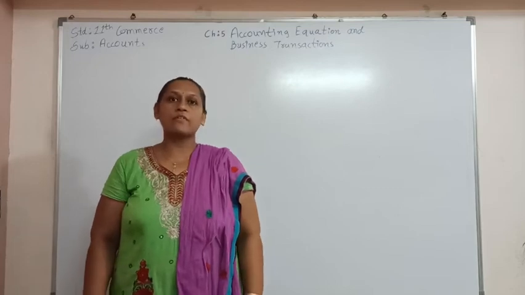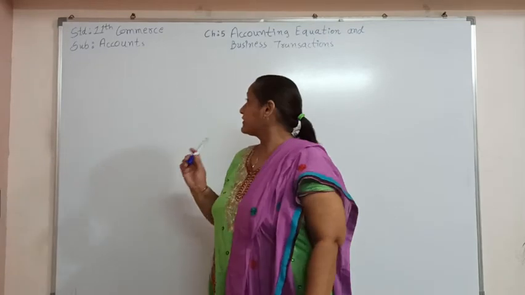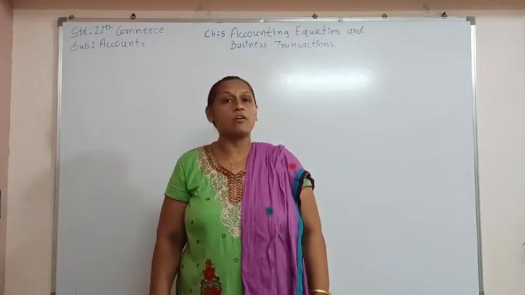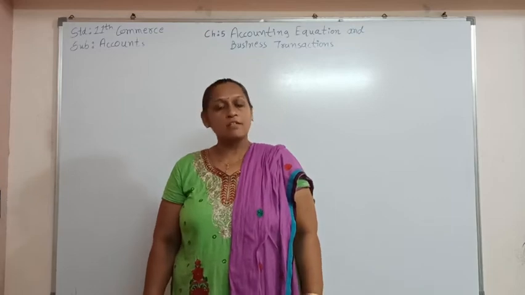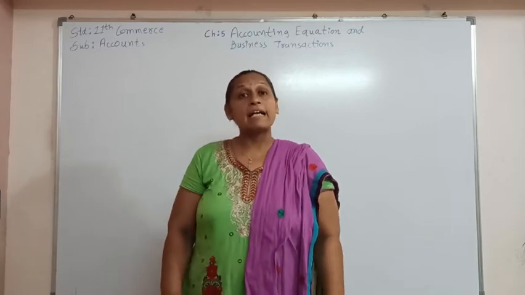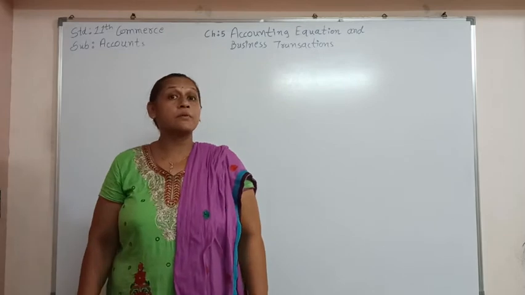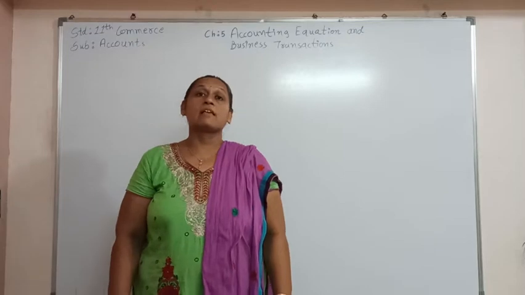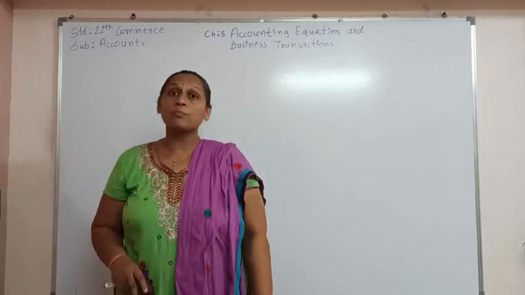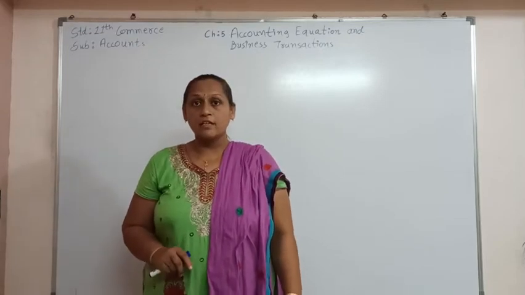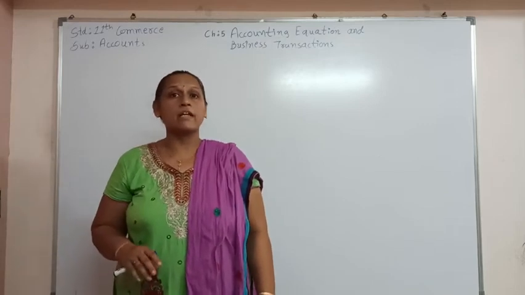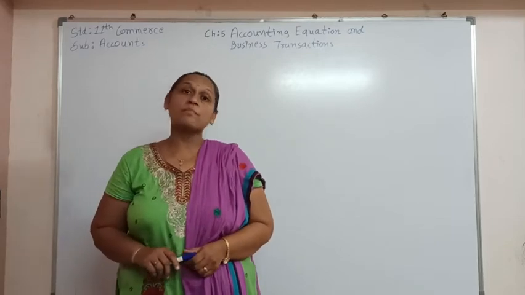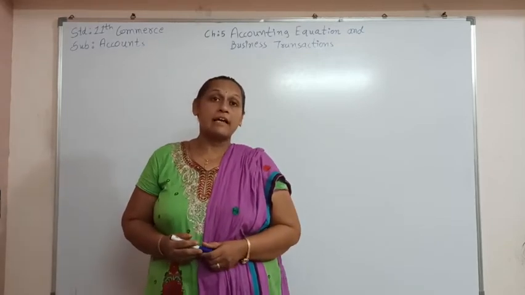Hello students, today we are going to see chapter number 5, that is accounting equation and business transaction of standard 11 commerce subject accounts. As we know, we are preparing accounts to know the profit and loss of the business. So our objective in preparing accounting is to prepare the final accounts, and in final accounts, as we discussed before, we are preparing the trading account, profit and loss account and balance sheet,